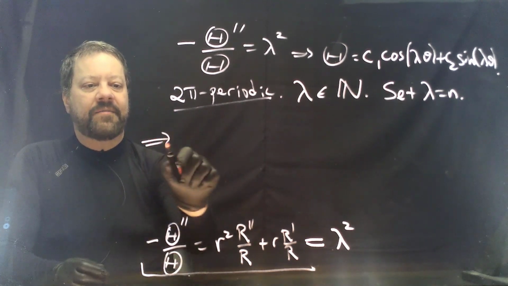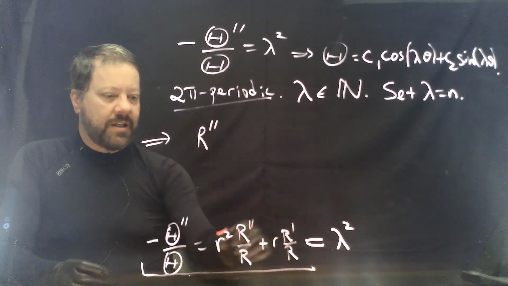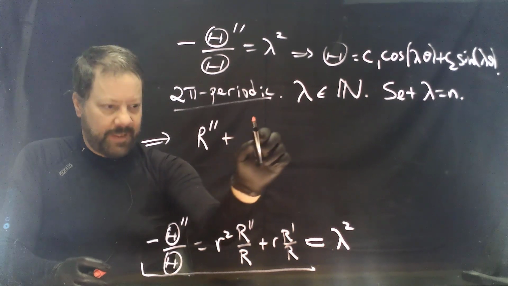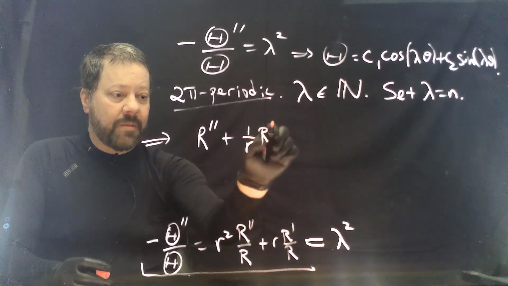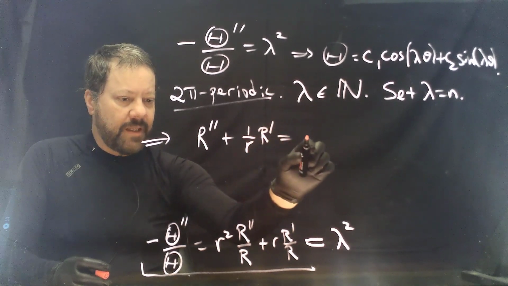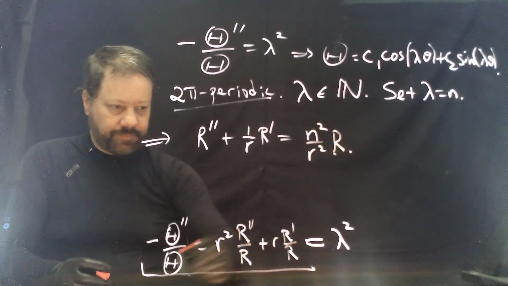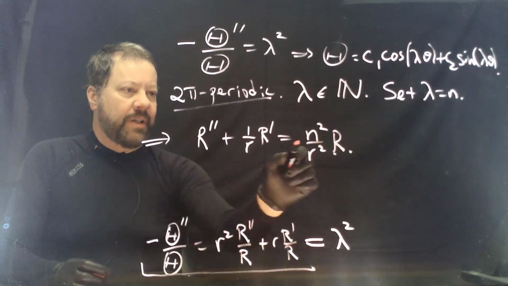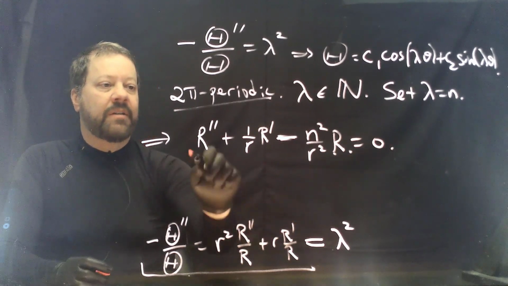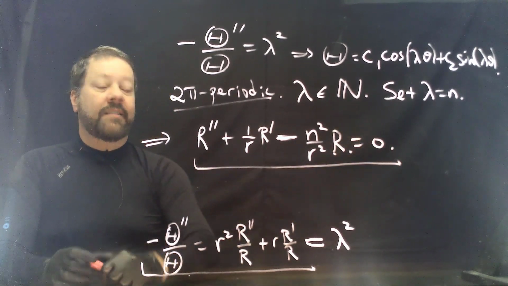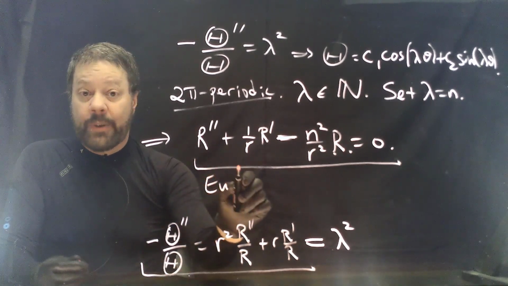That gives us then the differential equation R double prime plus 1 over r R prime equals n squared over r squared R. Multiplying through, we can move this term to the other side and set this equal to 0, yielding this equation here. We have then something called an Euler equidimensional equation,